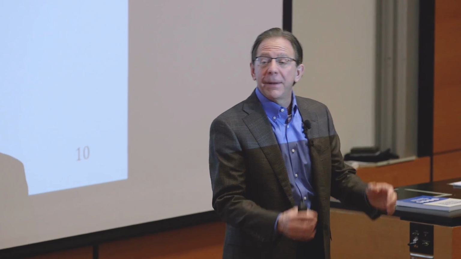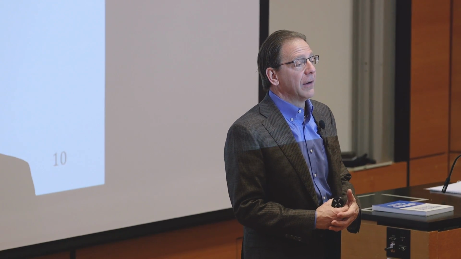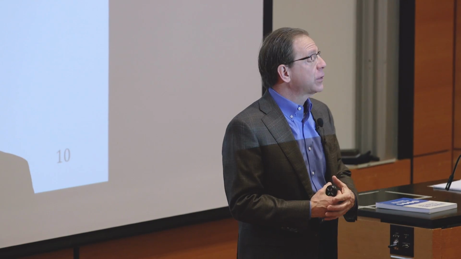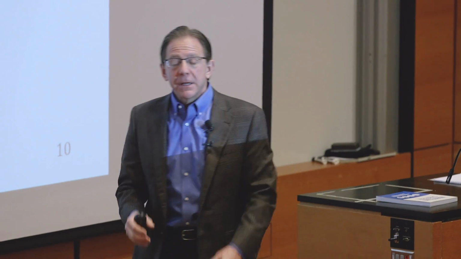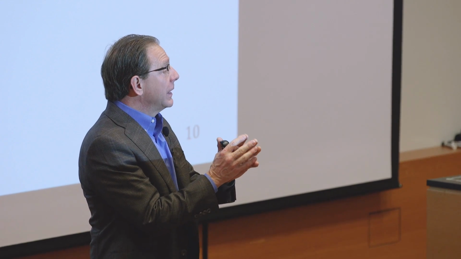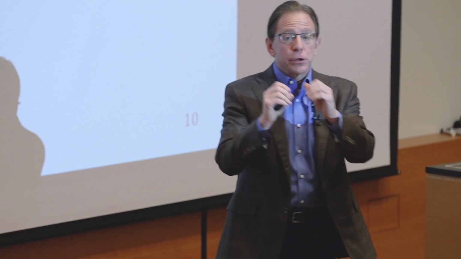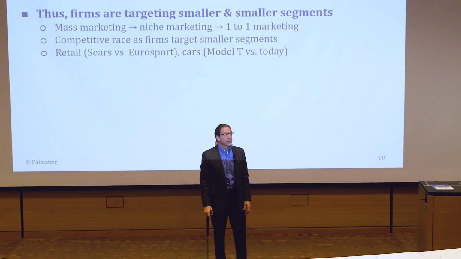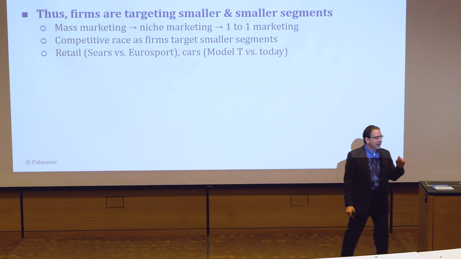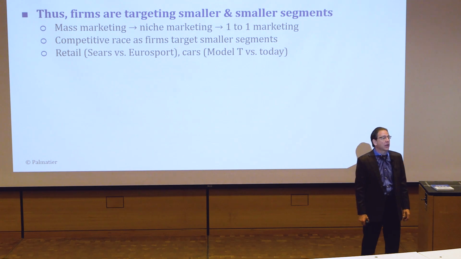The farmer might turn to page 200, and there'd be 2 pages of equipment that they'd be interested in for farming, or maybe even some sports equipment. And then the Manhattan person would turn to a different page. But guess what happened to them? They ended up going out of business. Do you know why? A multitude of firms came and designed smaller catalogs. One just for farmers, one for just people in Manhattan, maybe another one for a sports enthusiast. Compare it to a company called Eurosport, which has a catalog selling sporting equipment mainly for soccer.